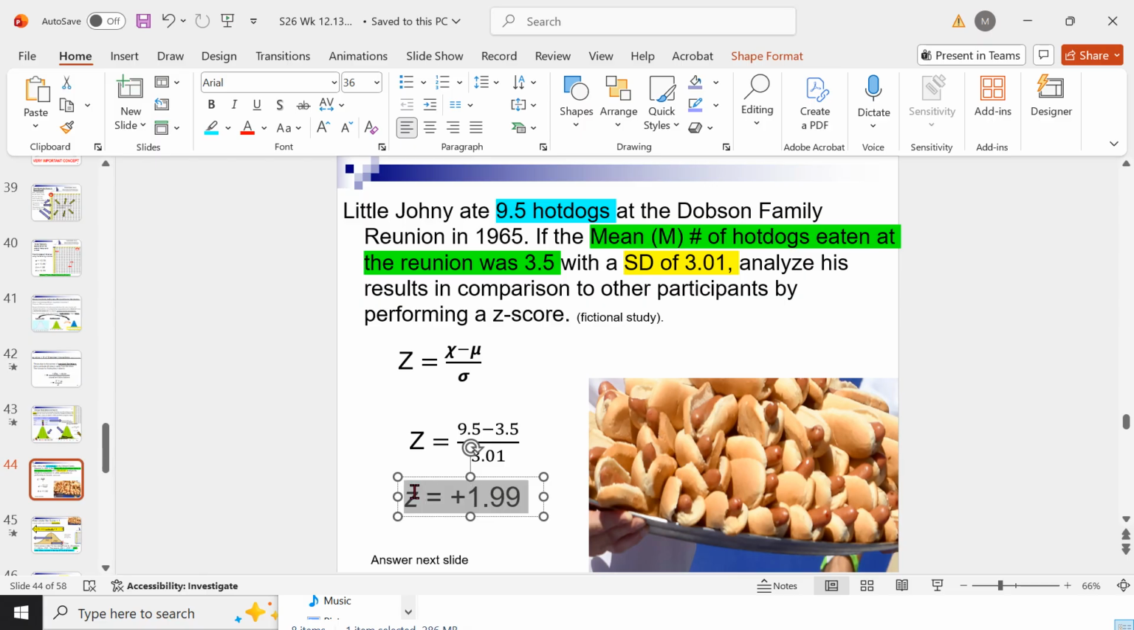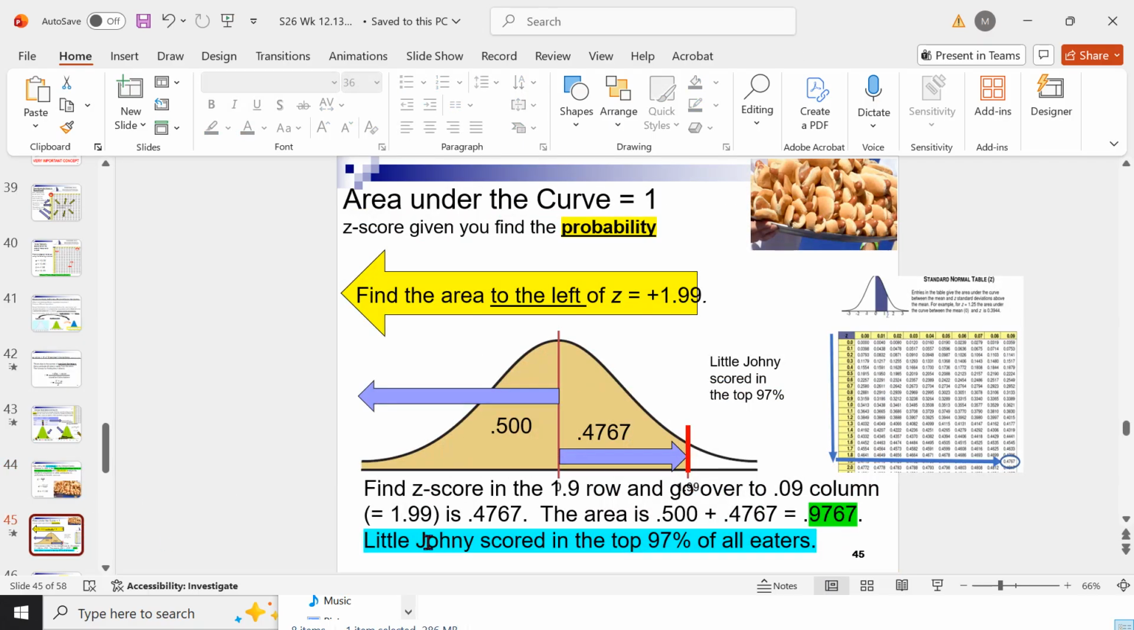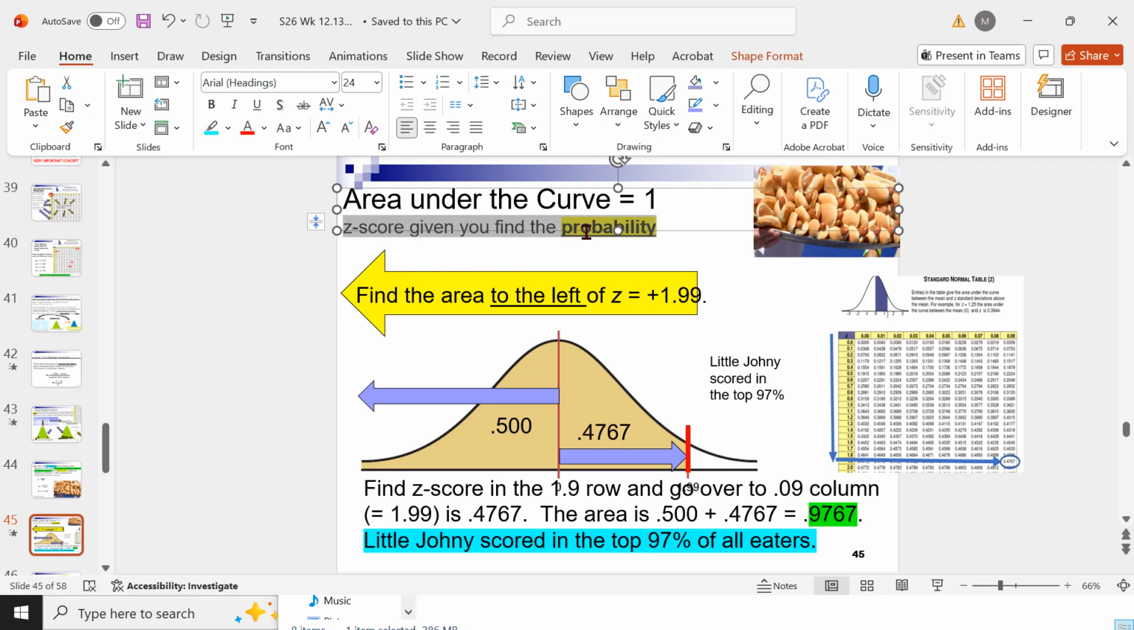Remember, that's standard deviation. Because we're plus, we're on the right side of the graph, not the left. So we're dealing with little Johnny here in the hot dog situation. Given the Z-score, you find the probability. So what we've got going on here is your Z-score of plus 1.99. So going back into our,